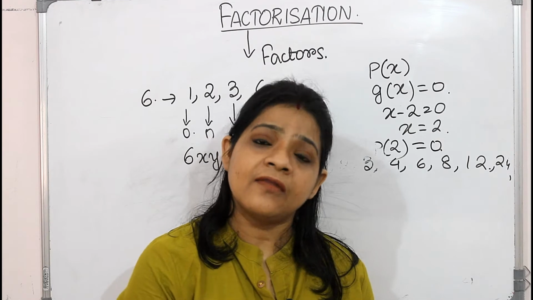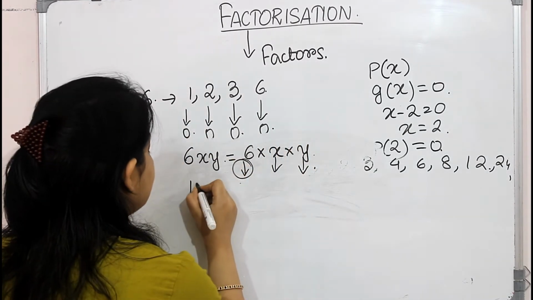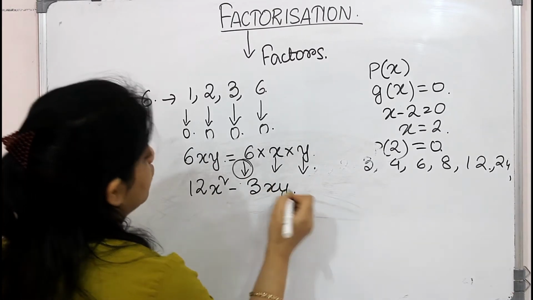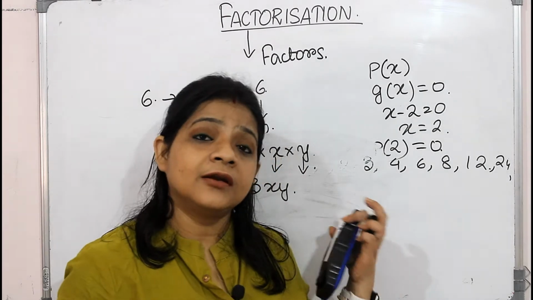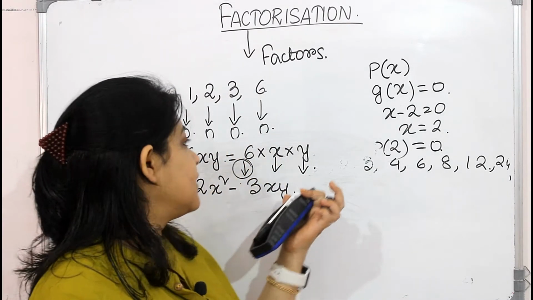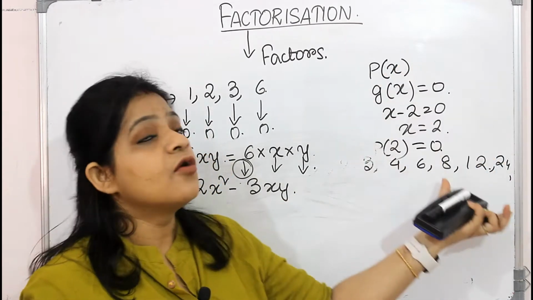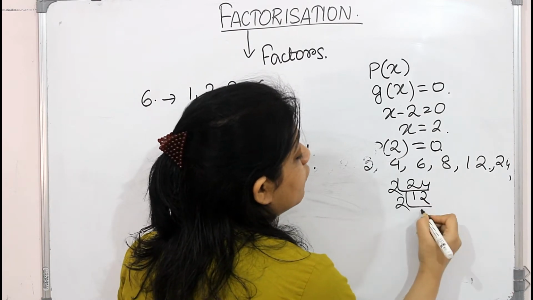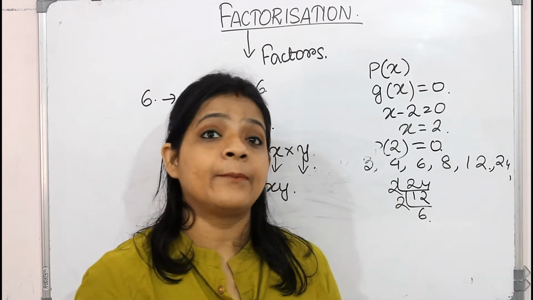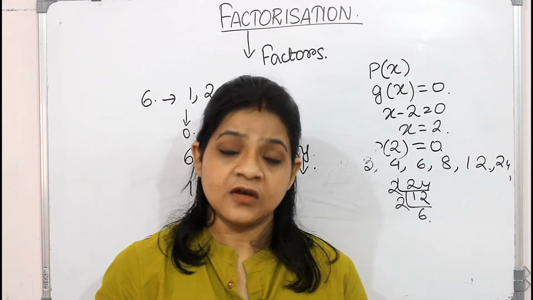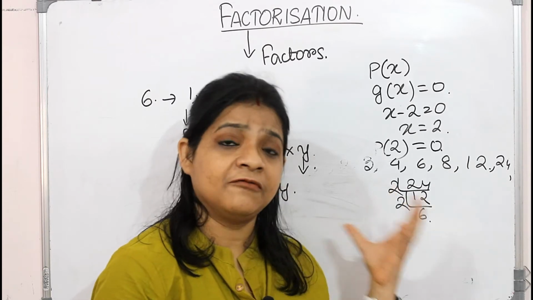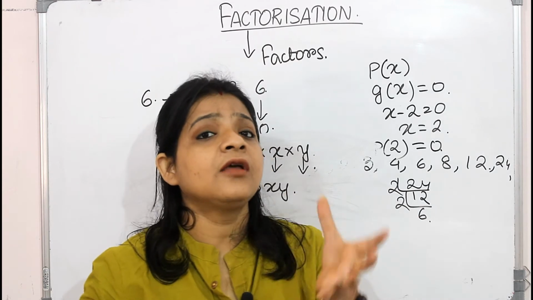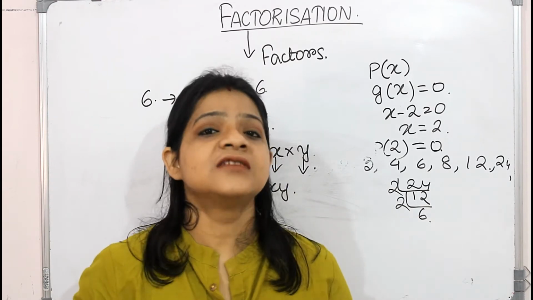Another expression, let me give you 12x squared minus 3xy, suppose. If you are asked to find the factors of 12x squared minus 3xy, you cannot go with the normal factorization like 24, where you divide it by 2, then 12 you get, 2 sixes are 12. This approach you can't apply in case of algebraic expressions, so you have to deal with it differently. There are various methods of factorization depending on the appearance of the algebraic expression.